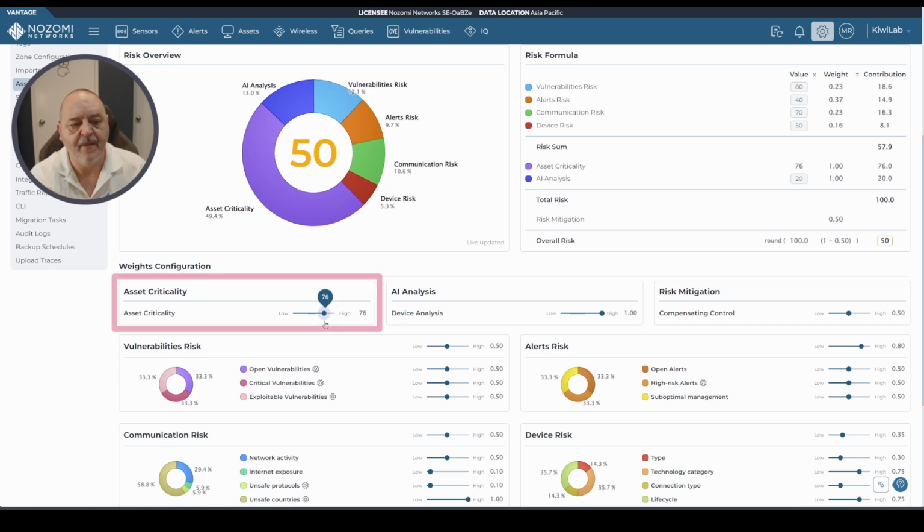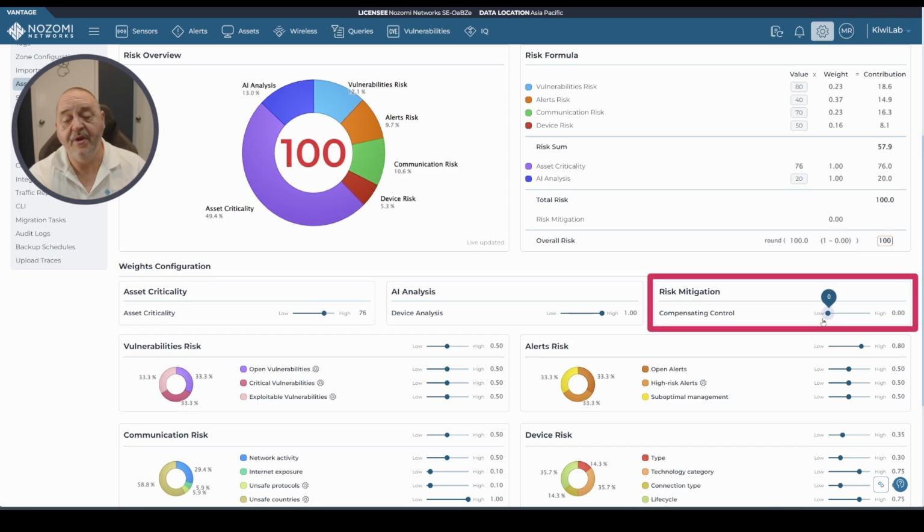So I can have this quite high, and if I drop the compensating control down and say we have no compensating controls, we get a very high risk score. Alternatively, if we have very good compensating controls, I'd venture to say that this is near impossible in the real world, to have a really high compensating control. Actually, maybe the compensating control for this is it's not plugged in and it's on a shelf in a locked cupboard. Then you could have zero risk, but otherwise I don't think it's possible. Anyway, I digress. If we mess with the compensating control slider,